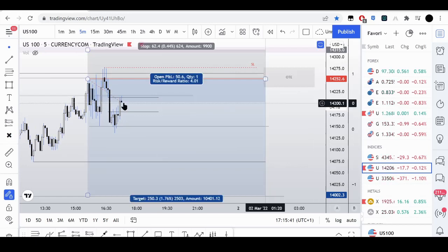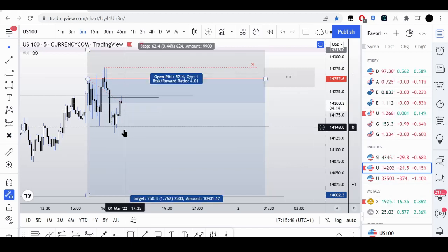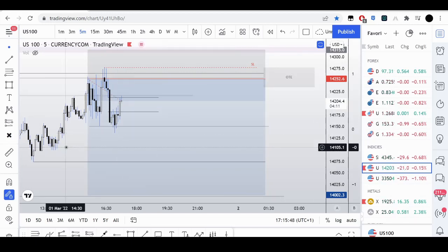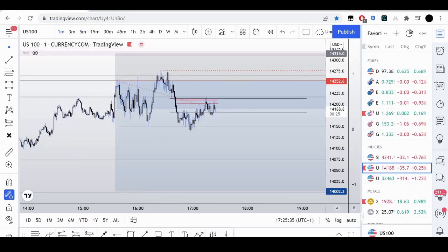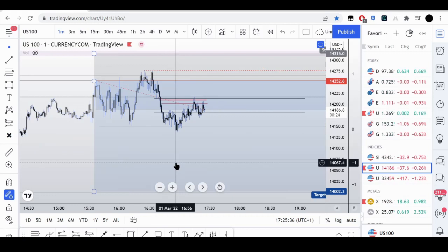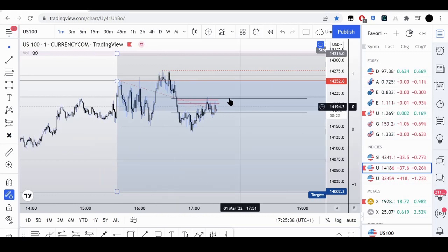Let's see if this 5 minute can move. The next 2 5-minute candles can move lower now. Let's see. All right, so here's another update. So basically here's the premium of that fair value gap on the higher time frame that we was talking about rebalancing, and then the next 2 5-minute candles pushing down.